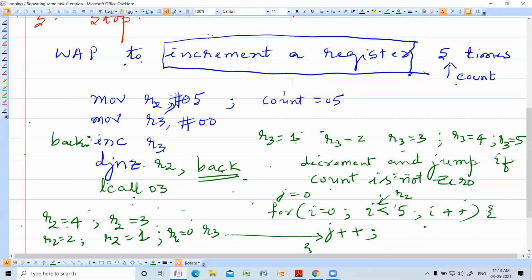This DJNZ is a popular instruction you are using. What is the meaning of the instruction? Decrement and jump if count is not 0. Where have you loaded the count? You have loaded the count in R2. Where do you have to repeat? You have to repeat the task. That is why you have to put the label.